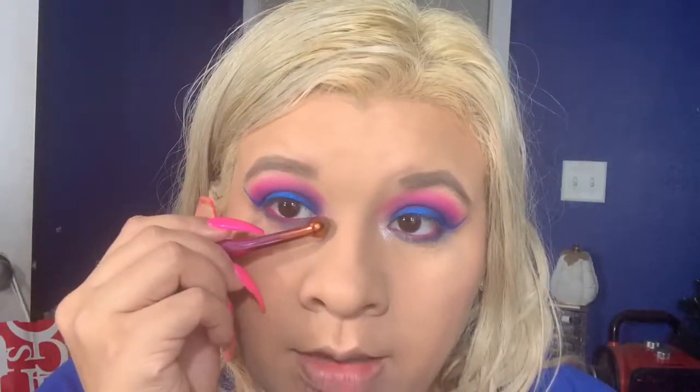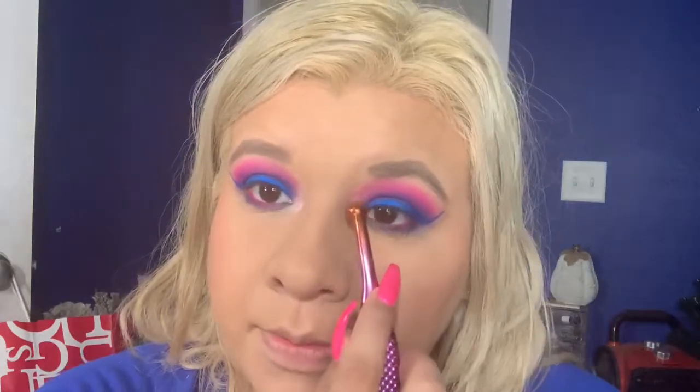Once I do that, I'm gonna go in with the hot pink now. Pick the hot pink, like a little bit brighter pink, and then put that on top of it just to give it a little bit more of a pink vibe,